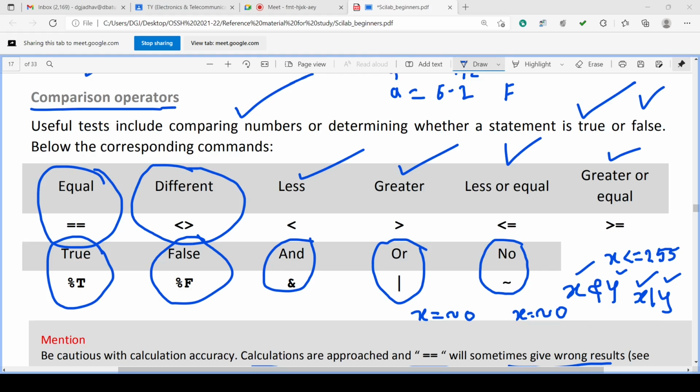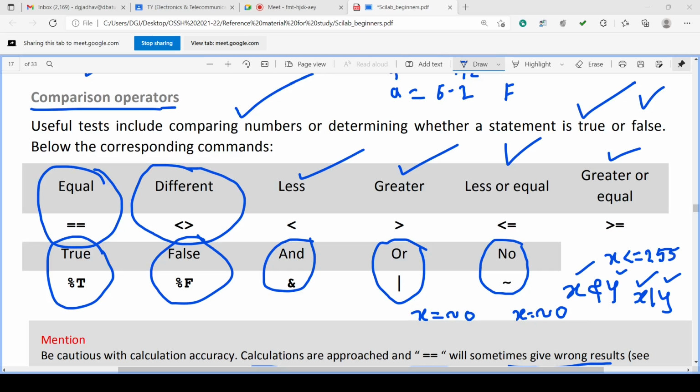The second is comparing some value with some other value, or comparing some value with a variable, or comparing one variable with another variable. Suppose a = 2, b is also 2. If you write a == b, then it will be true. But if a = 2, b = 3, then if you write a == b, it will be false.